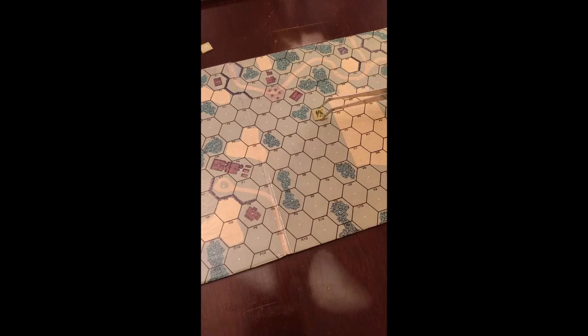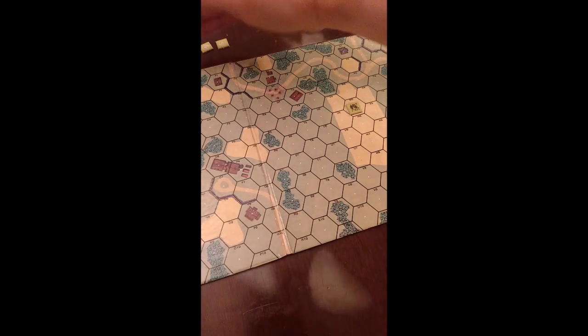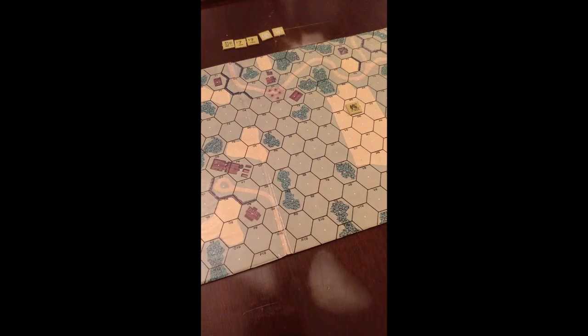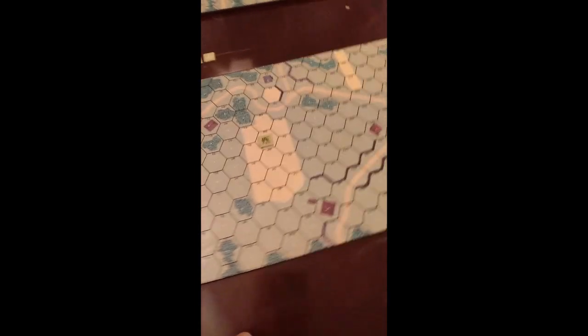So let's continue. Entering the grain hex, 1.5 movement factors to V5, 3 to get us to W5, and then X5 would require another 1.5. Since we only have 4, we now have to stop our fifth movement phase. So again, I'm using these chips up here just to keep track of how many movement phases we have used so far. I'm going to bring the camera on over here.